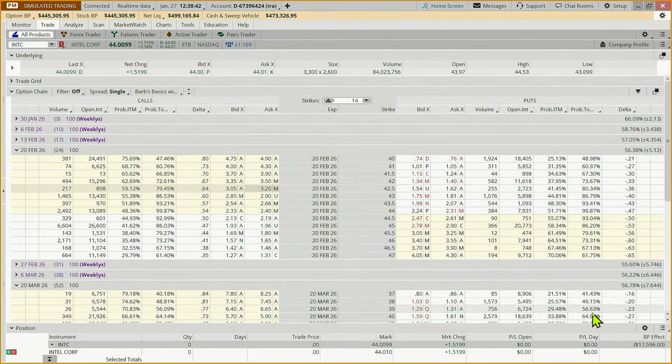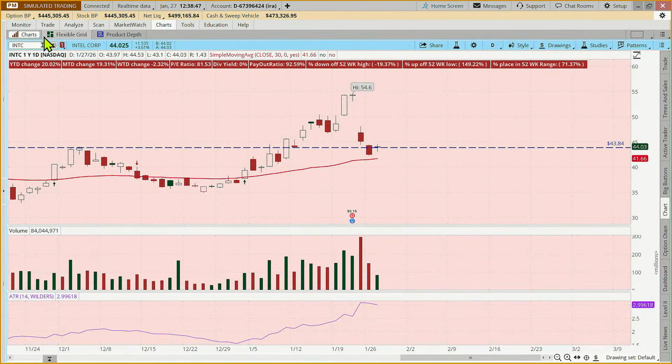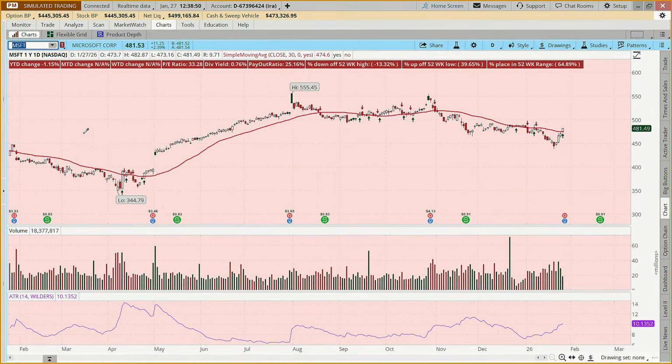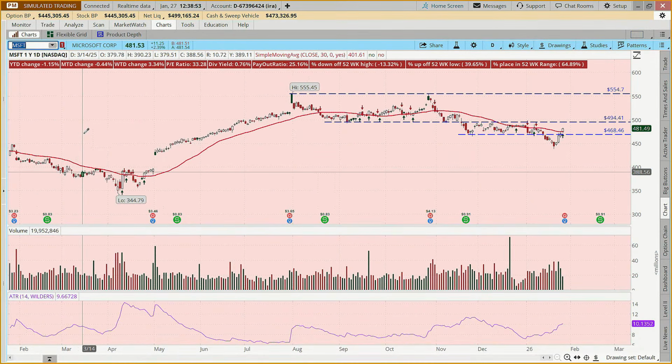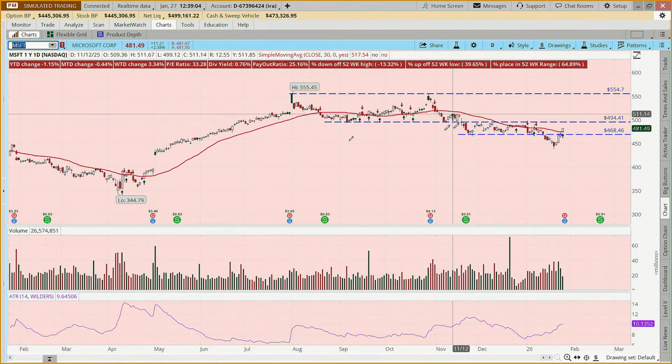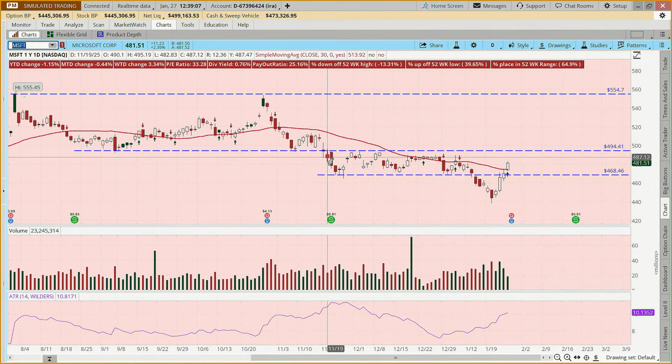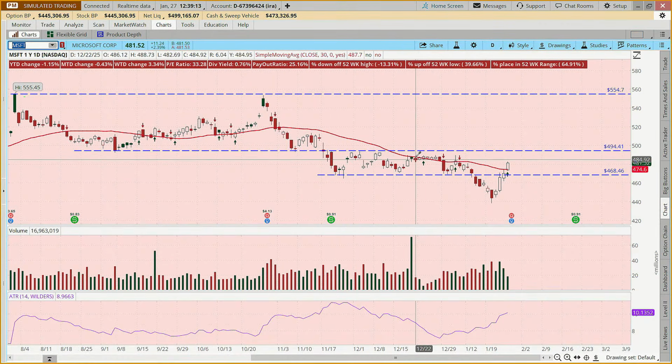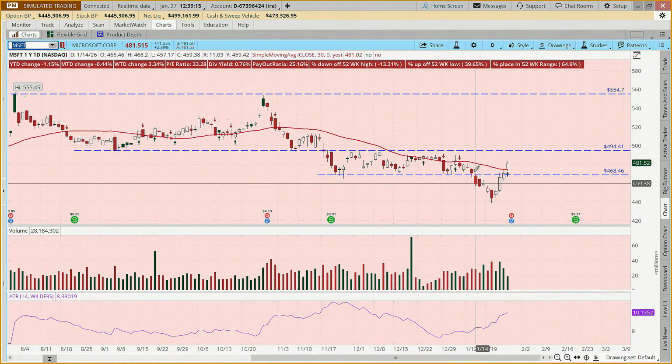Now you guys wanted to look at some other examples. So let's look at Microsoft. Here's a case of resistance, ceiling, and floor. It kept hitting that floor many times. And then it broke down below. Old floor became new ceiling. And it's like bonk, bonk, bonkety bonk. And then it came down, and the floor, which it had hit multiple times, all of a sudden it broke through that floor.